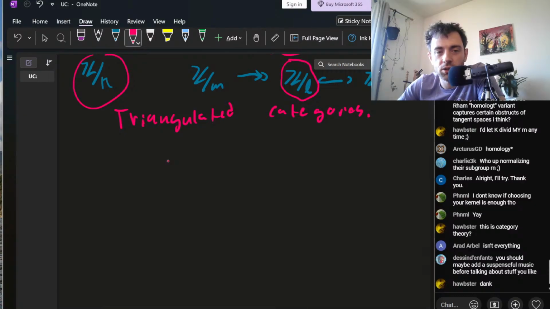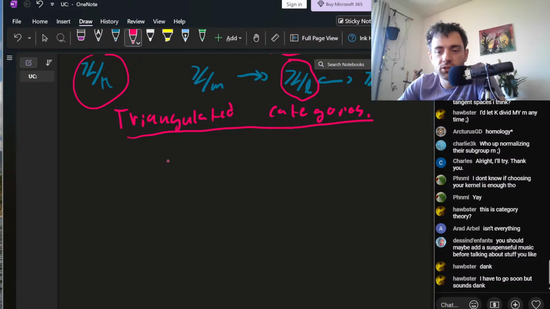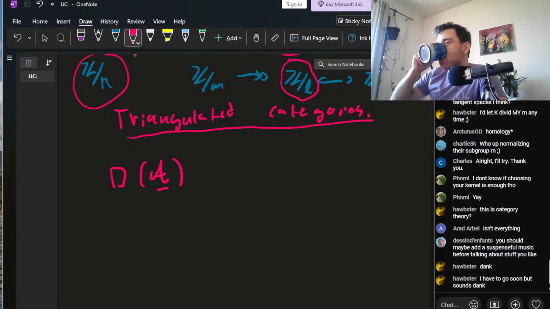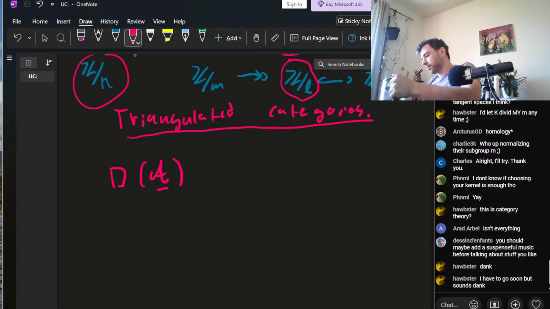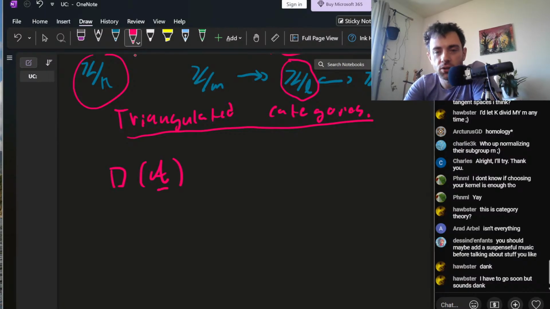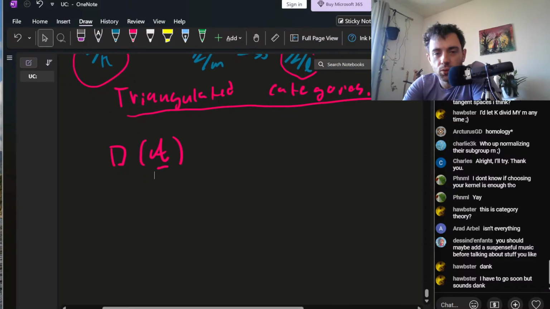What's the idea? Well, the classic example is the derived category of an abelian category. It doesn't have to be bounded, I guess, but if abelian category scares you, just think about abelian groups or vector spaces. And so, what makes a derived category a triangulated category? Well, okay, there's a big list of axioms. I'll put it up in a second, but